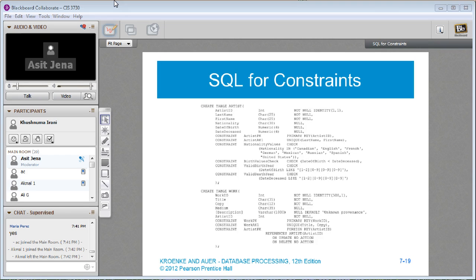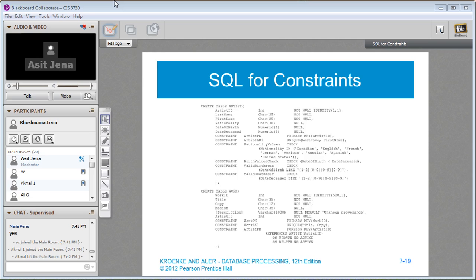Okay, let's look at some other constraints that they have done. In this one, they have added more constraints. Here it says constraint nationality value check nationality in Canadian, English, French, German, Mexican, Russian, Spanish, and United States. So you can create a constraint called nationality check values, check nationality in Canadian, English, French, German, Mexican, Russian, Spanish, United States.